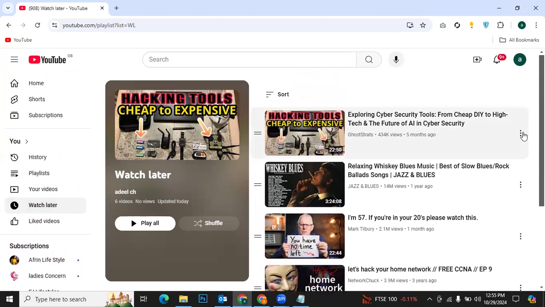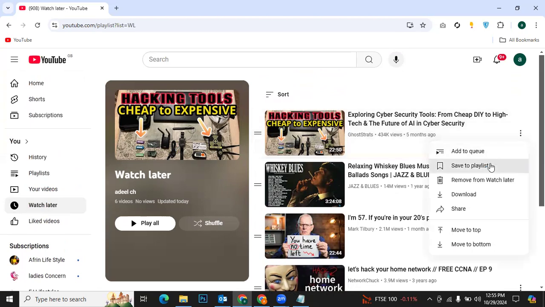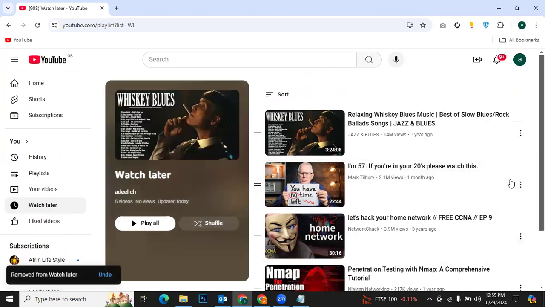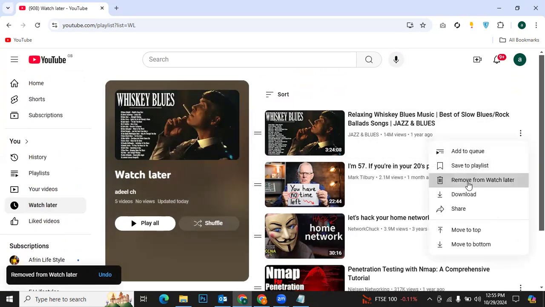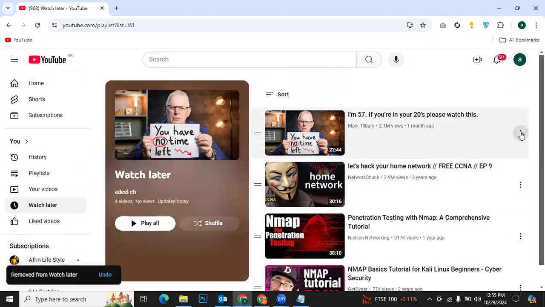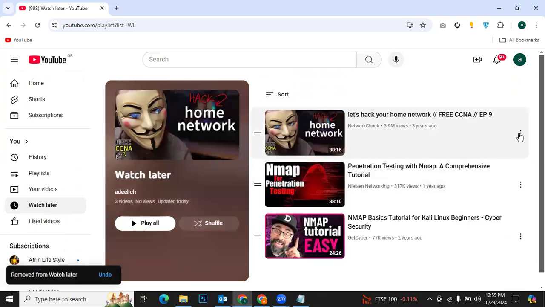On any video there is the three dot button. You simply need to click on this three dot, and here you have an option, remove from the watch later. Simply click on this, and here you can see your video is deleted. Same goes for this. We simply click on this, and by following these steps we can easily remove the videos